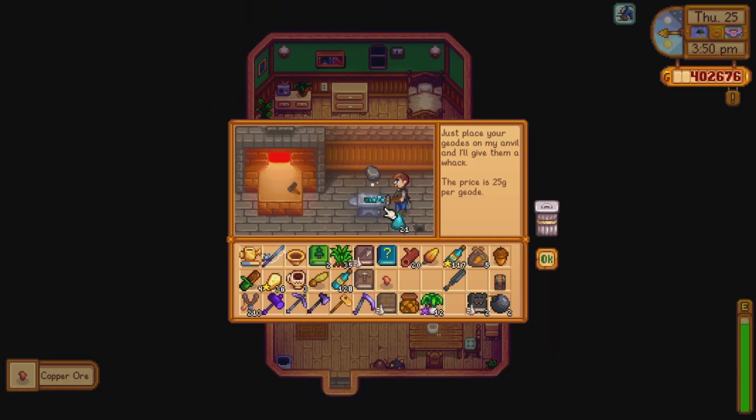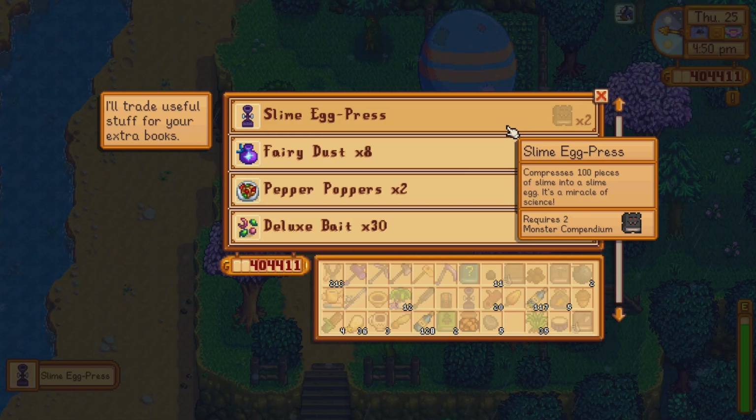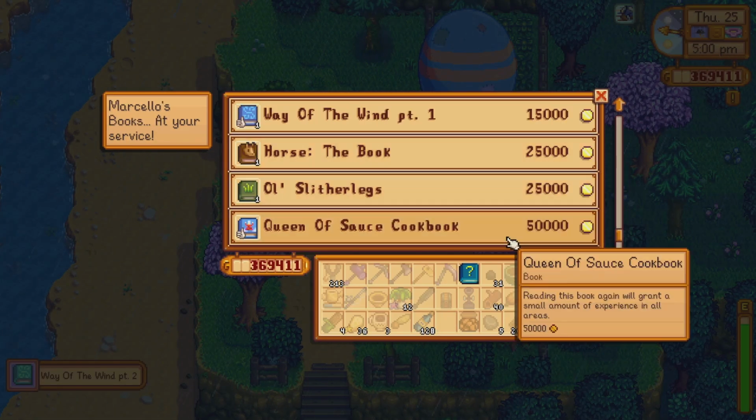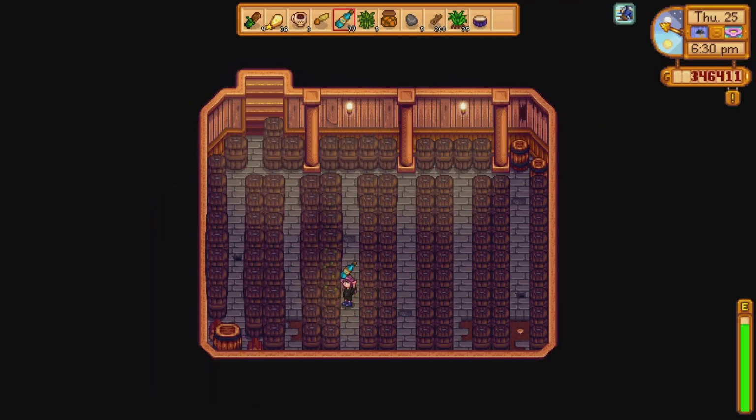Made it to Clint before he closed and finally got the ghost crystal on the second geode too. Broke open the remaining geode and then donated the ghost crystal to the museum straight away. Then I went to the bookseller and traded some books for materials and bought Way of the Wind Part 2 and Slay the Leeks. Dropped the leeks off at Granny's, then came back to the farm to finish refilling the